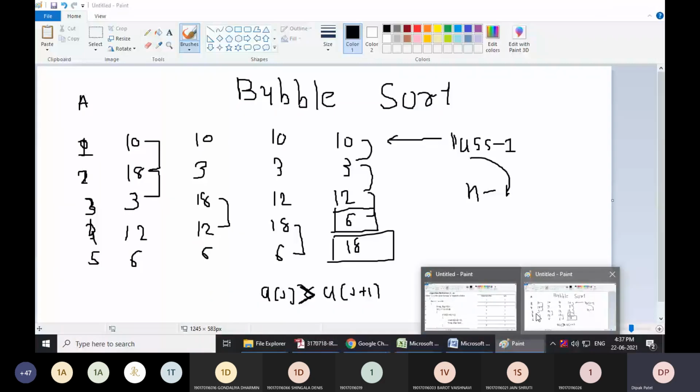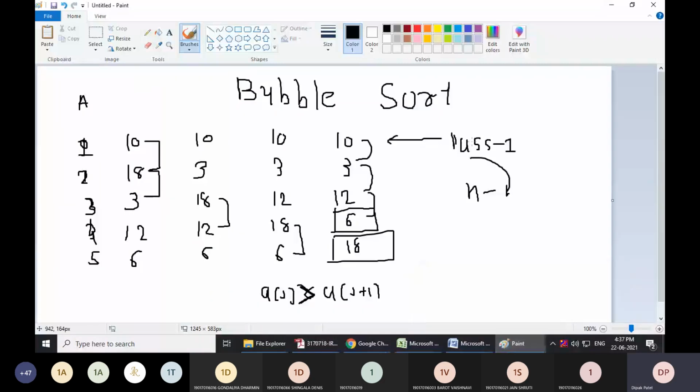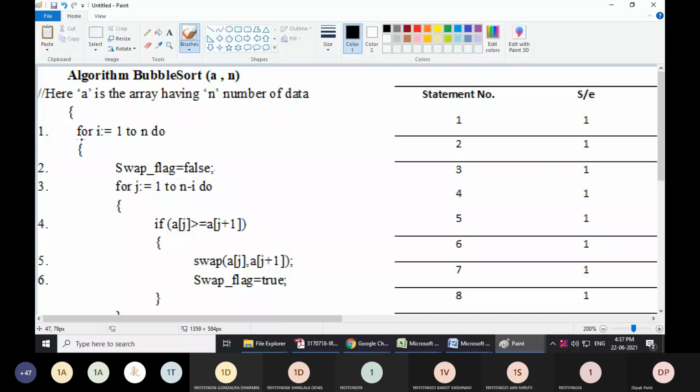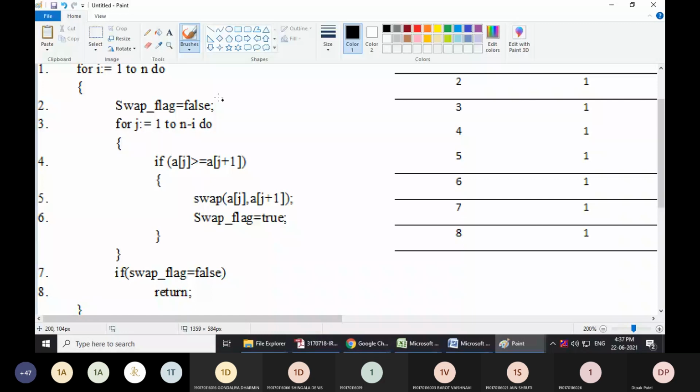This is pass 1. अभी जो हमने किया वो पास 1 था. उसके बाद पास 2 होगा और second highest element find करेगा. फिर पास 3, third last, पास 4, ओके, फिर पास 5. Now see, for I is equal to 1 to n, this will rotate up to the number of elements times. Now we'll see the logic of this swap flag later on.